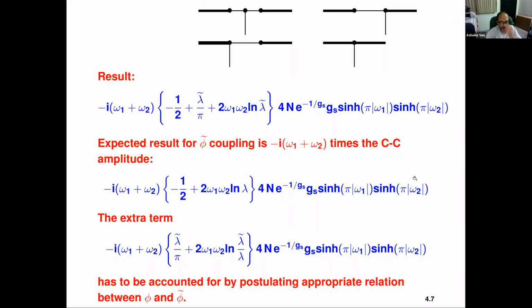So what string field theory tells us is that in order to compute the CCO amplitude, you have to sum over all Feynman diagrams with internal open string states. Again, we are not including Feynman diagrams with internal closed string states because we assume that they have been integrated over. So here are the Feynman diagrams with internal open string states. These are the ones which take care of the divergences. And you see that all of these vertices have already been introduced. This is the CO vertex, this is the OOO vertex, and this is the COO vertex. So they have all been introduced.